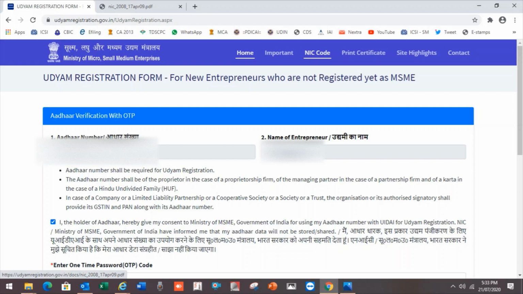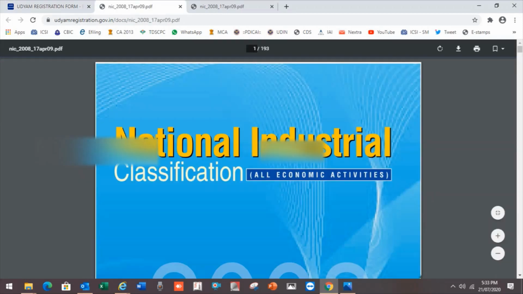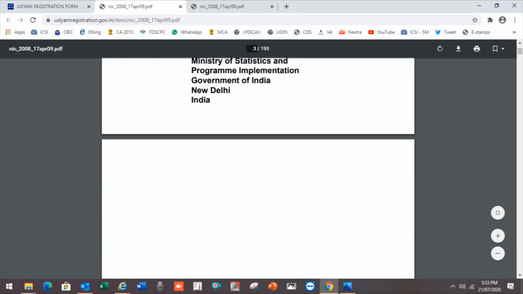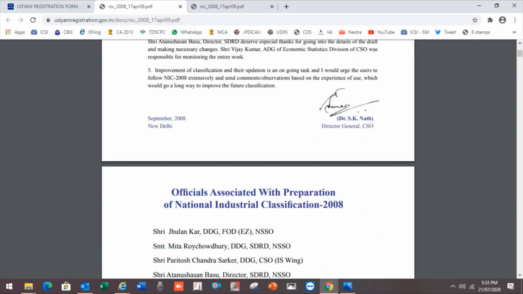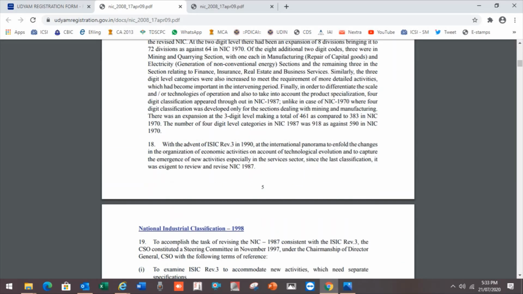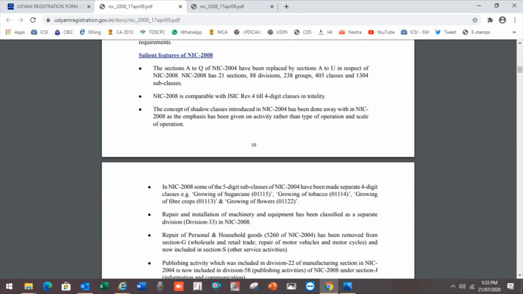But if you are a professional and you have multiple clients, here you can see there is a NIC code. You have to click it here, a booklet will open, and you have to search accordingly. There is a very big list, with the coding list at the end.